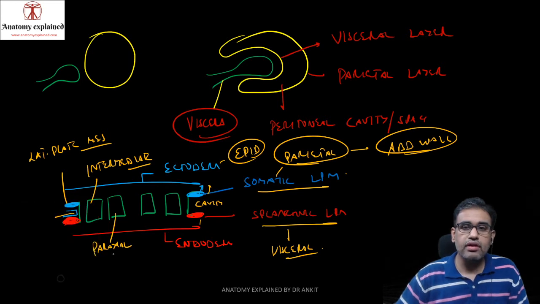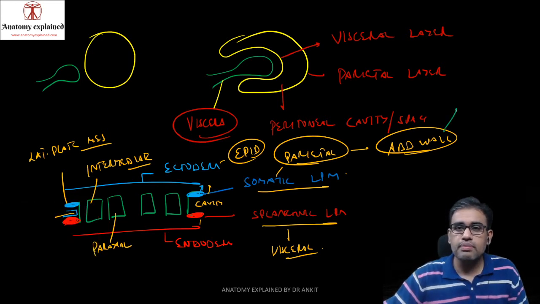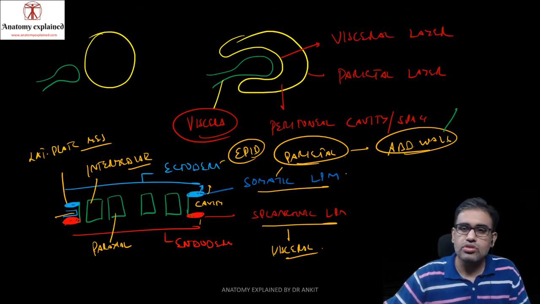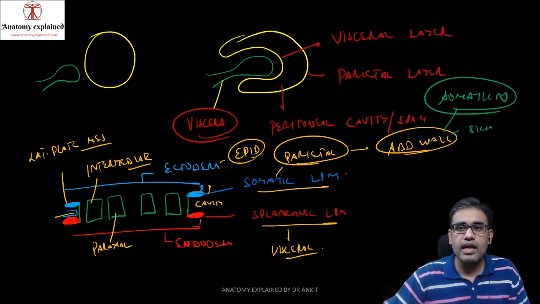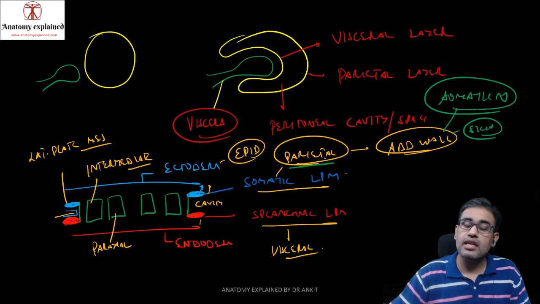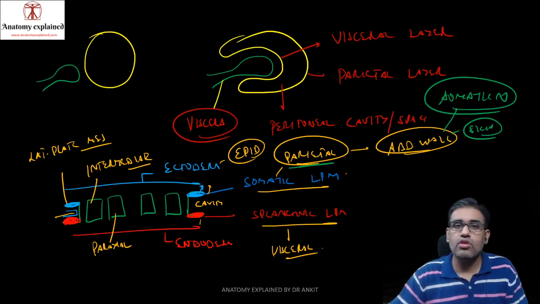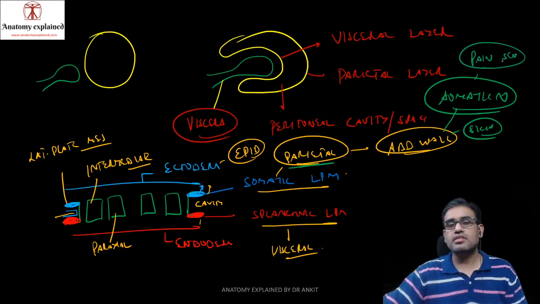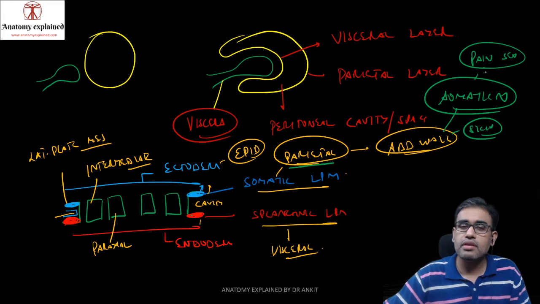As we already covered the abdominal wall, the nerve supply of the whole abdominal wall is through the intercostal nerves and L1. So the parietal peritoneum is a part of the abdominal wall, so it is supplied by somatic nerves, because the abdominal wall starts from skin and ends at the parietal layer. We have done a video on the abdominal wall also. Somatic nerves are pain sensitive, because if your skin is pain sensitive, then the parietal peritoneum, supplied by the same nerve, is also pain sensitive.